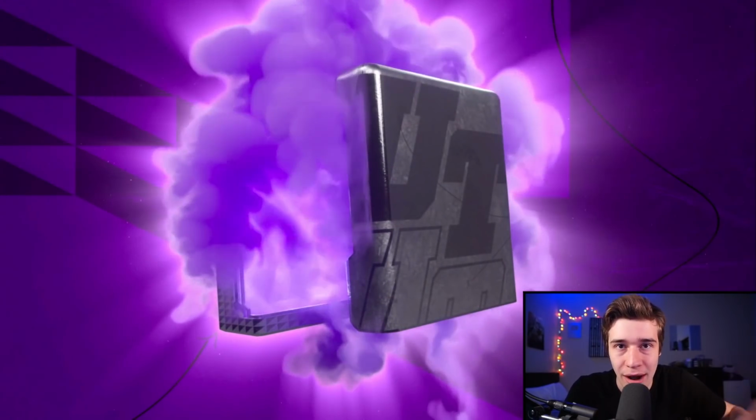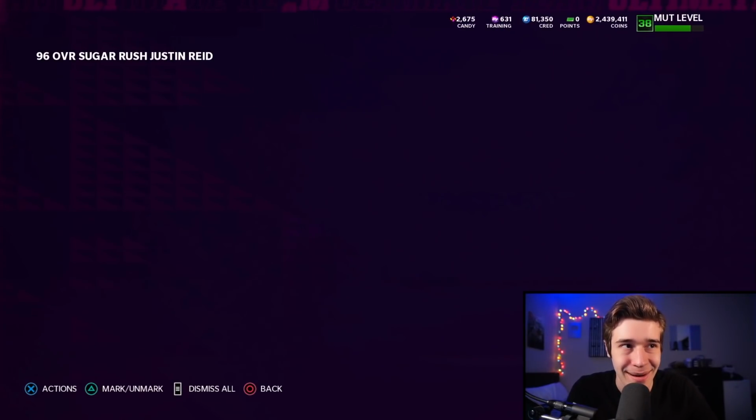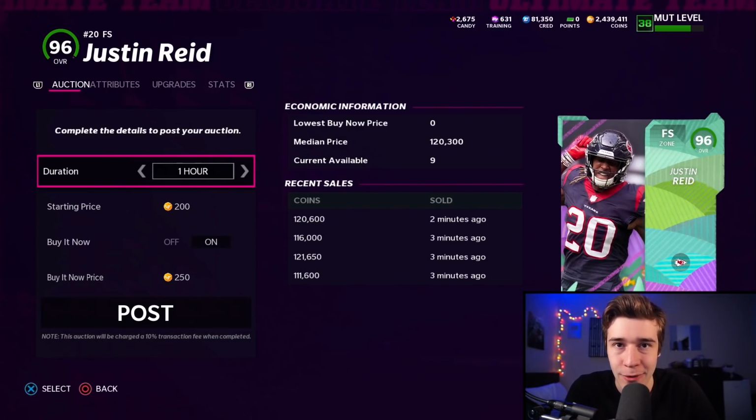I'm trying to get Calvin, I'm trying to get Brian Dawkins, and I'm trying to get them for cheap. So let's get this 96 Justin Reed right here. Curious how much the card is going for. Would it actually be profit? It probably would be. You could sell the card for 120, make about 10,000 coins of profit, but that's